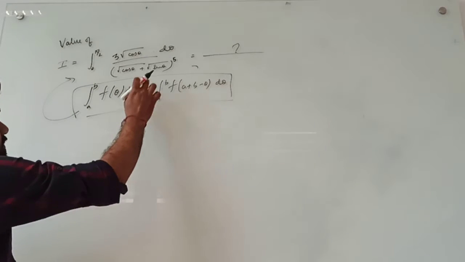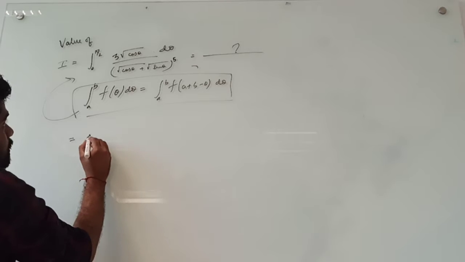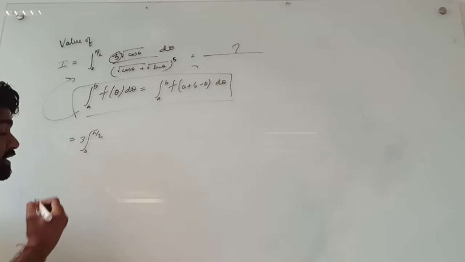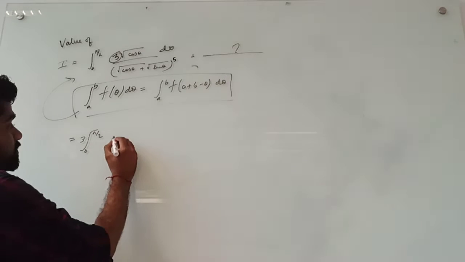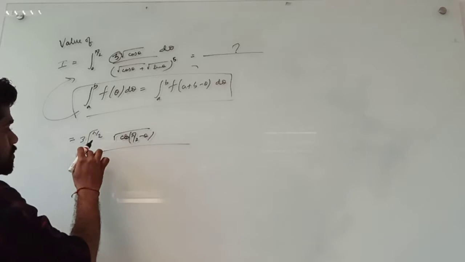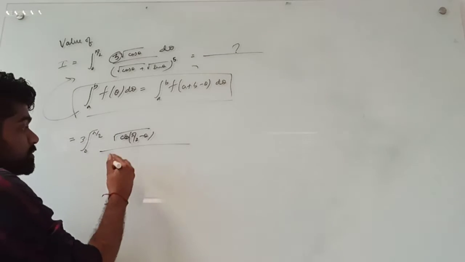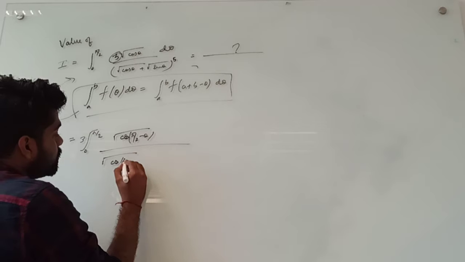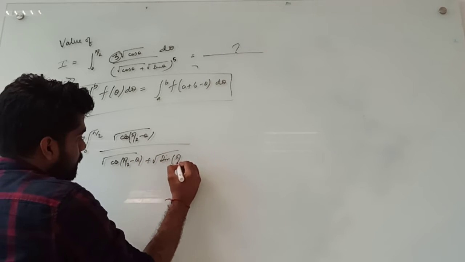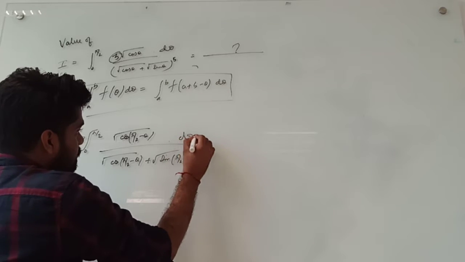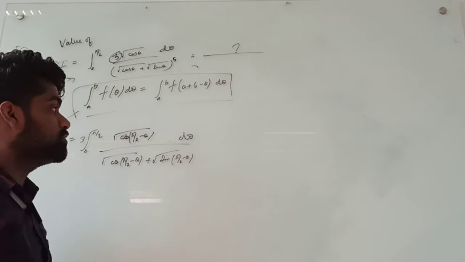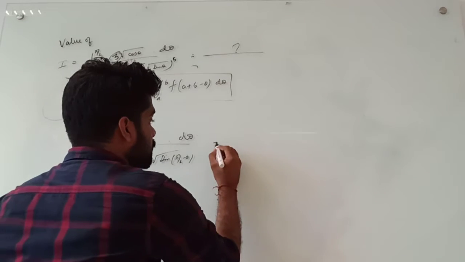After applying this property, what will happen? It can be written as 0 to pi by 2. This 3 being constant, I will write outside the integration. So this will become root of cos of pi by 2 minus theta, because pi by 2 plus 0 is nothing but pi by 2. Pi by 2 minus theta, this will become cos of pi by 2 minus theta, and this will become sine of pi by 2 minus theta, d theta. We already know from the property that cos of pi by 2 minus theta is nothing but sine theta. So it will be written as